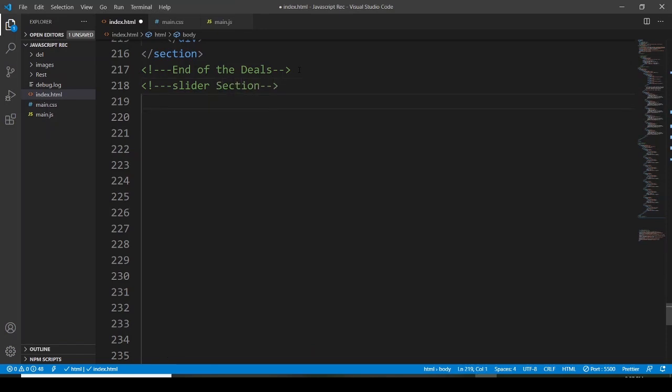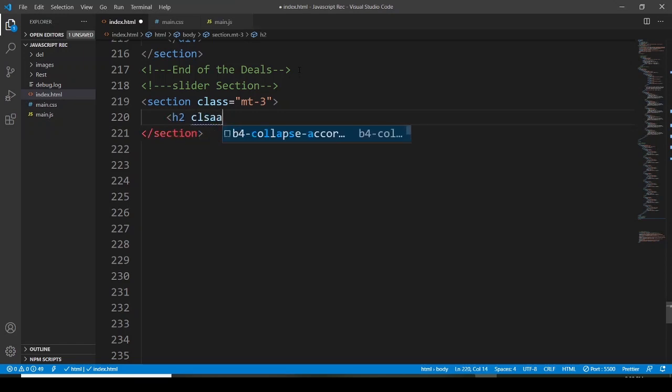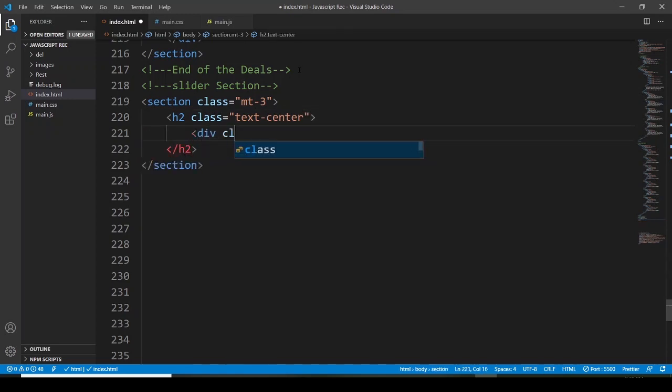and now I would like to go with the section element, assigning it a class. This class is going to be margin top 3. Then we have to go with the heading 2, where we would like to assign it a class, and this class is going to be text footer. And then after, we have to go with the division, assigning it a class. This class is going to be slideshow container,